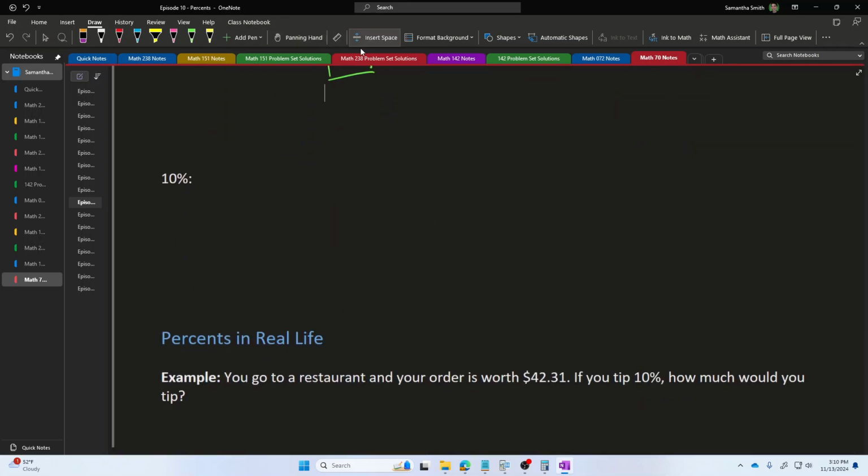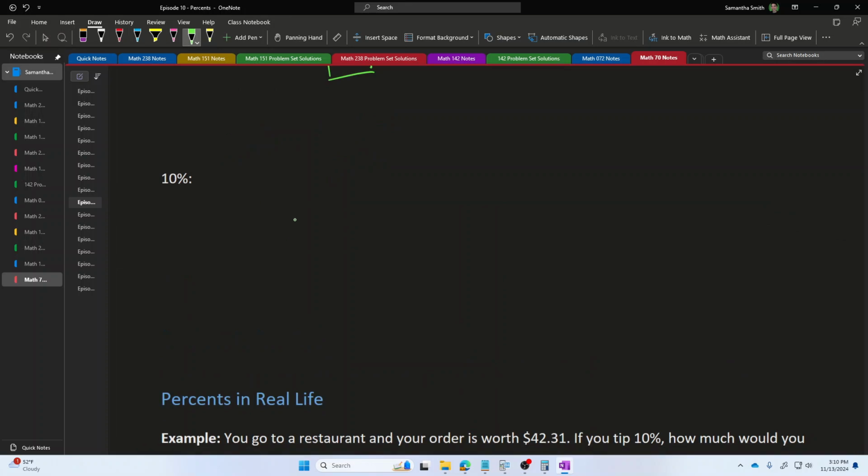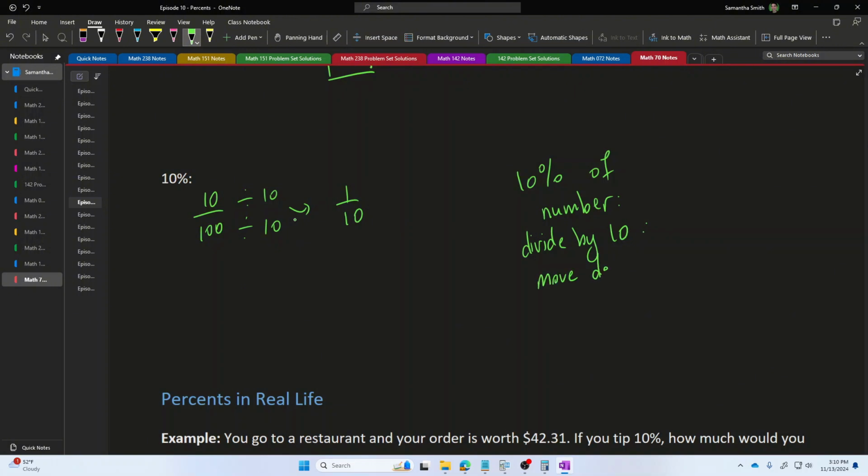And if someone says to you 10%, 10% of a number is equivalent to 10 out of 100. Or put another way, it is equivalent to 1/10. And so if I want 10% of a number, then that's equivalent to dividing by 10, which moves the decimal place 1 unit to the left to make it just a little bit smaller than it was before.